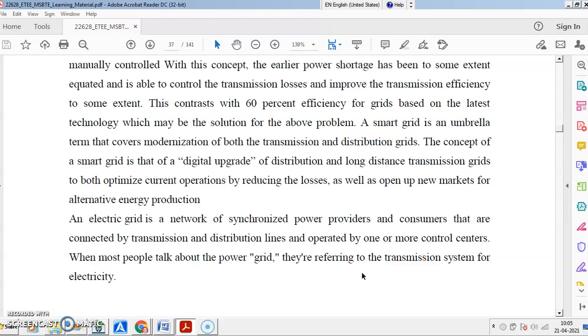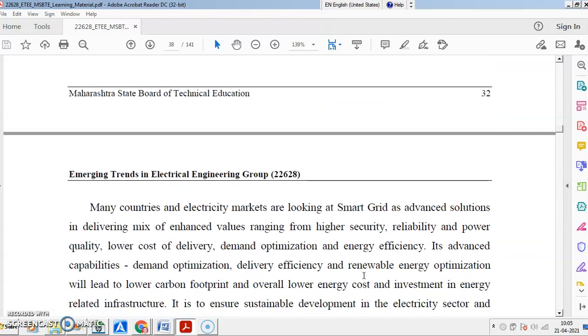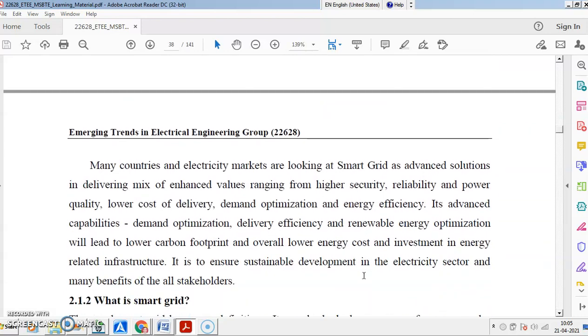When most people talk about the power grid, they are referring to the transmission system for electricity. Many countries and electricity markets are looking at the smart grid as an advanced solution in delivering mixed enhanced values of power, ranging from higher security, reliability and power quality at lower cost of delivery. Demand optimization and energy efficiency are also achieved. It has advanced capabilities: demand optimization, delivery efficiency, renewable energy optimization, and will lead to lower carbon footprint and overall